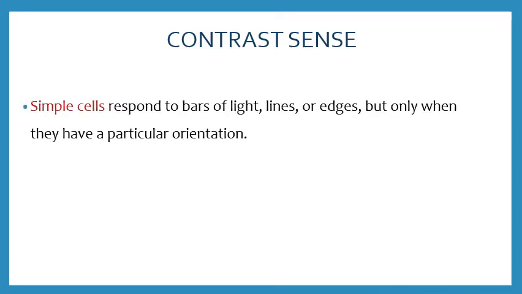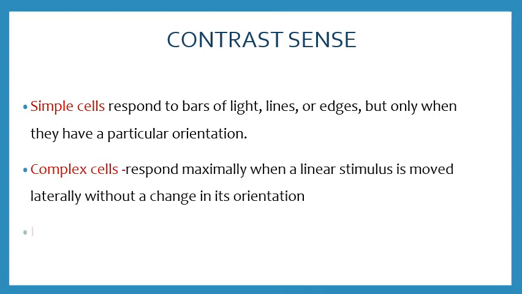Moreover, we've got different types of cells present in the cortex, like simple cells, complex cells, as well as hypercomplex cells. So simple cells respond to a bar of light that has a particular orientation, whereas complex cells respond to a linear stimulus which is moved laterally without a change in its orientation, and hypercomplex cells process it further. Okay, so it is because of these cells that each image is being processed